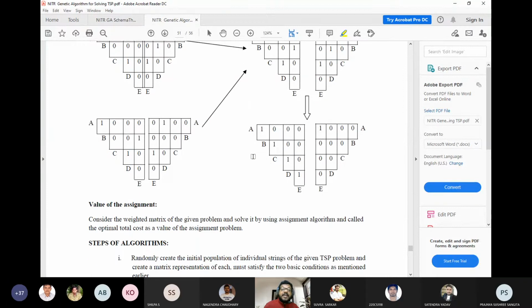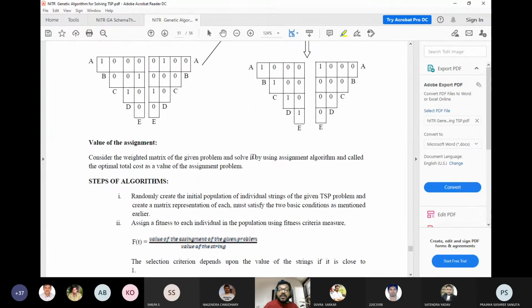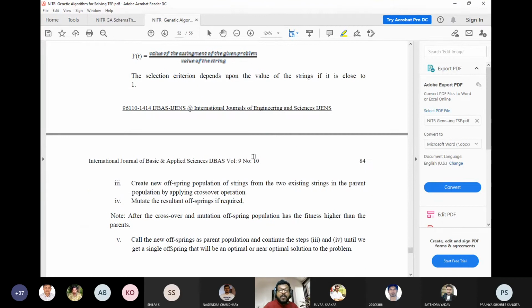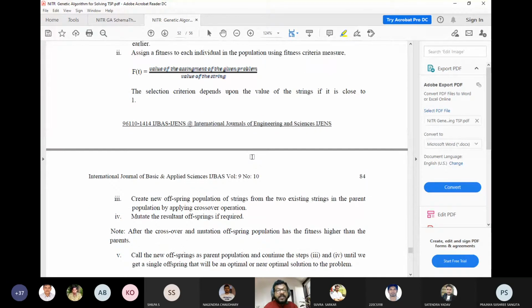The rest of the general steps of the genetic algorithm are always simple. You go for a representation, you generate an initial population, evaluate the fitness function, go for a selection, then allow them to reproduce with a crossover probability and mutation probability. Once the new generation is there, then again you evaluate the fitness value. You have to keep the population size constant and you move to the next generation. Okay, so this is uploaded.